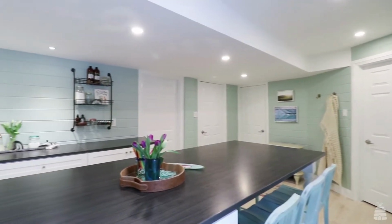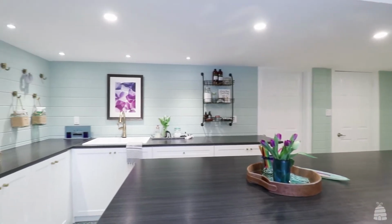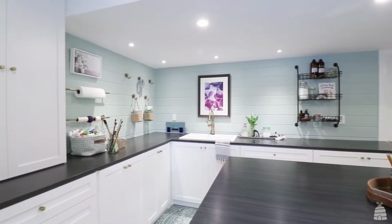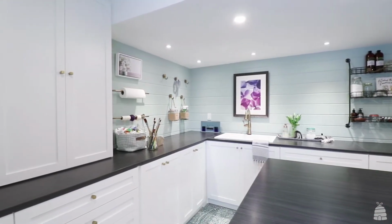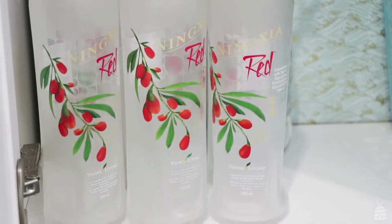I'm Lisa Canning from Lisa Canning Interiors, and today I'm in a very special craft room in Newmarket, Ontario. I love the client that I have for this space. She's a really special lady who runs an essential oils business from her home. So it was really important for her to have a space where she could have people over to teach them workshops, demonstrate, as well as a big space for her to do all of her crafting and all of her